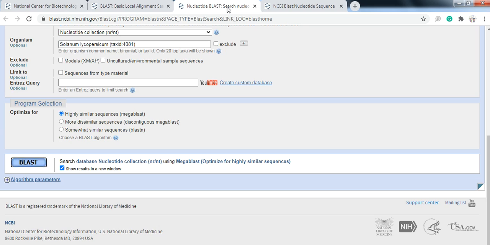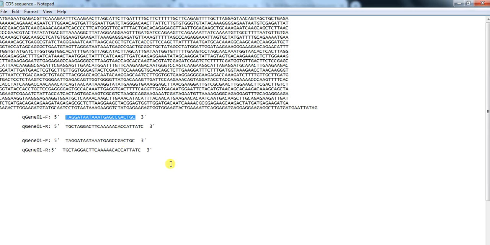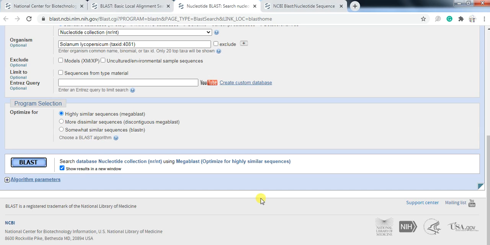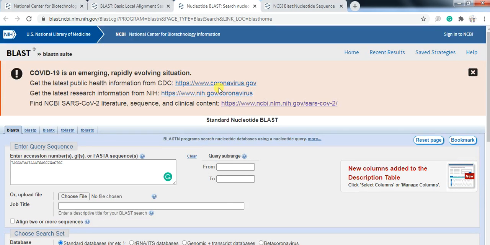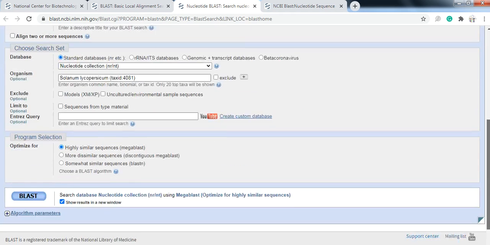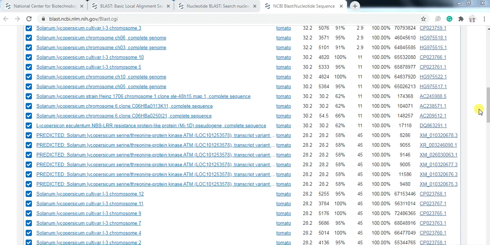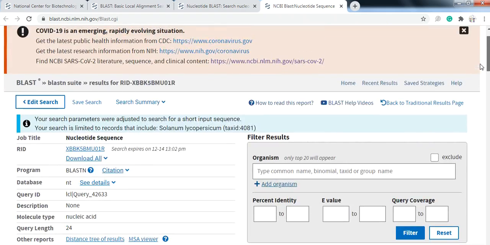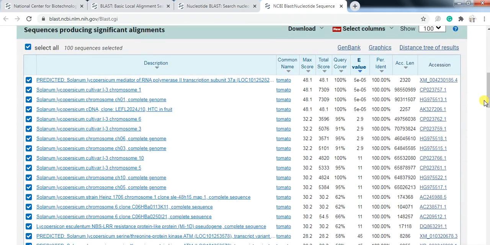So we will try to blast another primer, this one. Copy and paste, blast. It is also not specific to that gene. So it means that we need to design other primers. If you try again and do not find the primer in your CDS sequence, then you need to find it